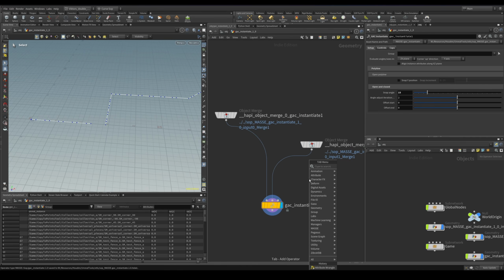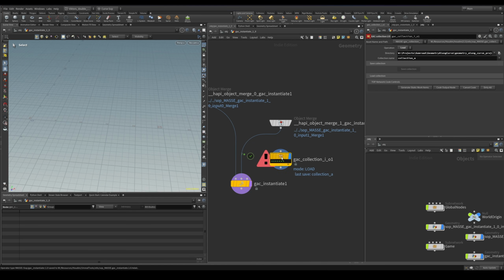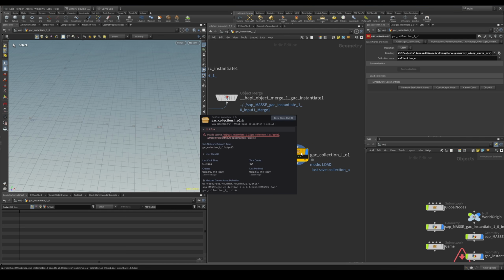So put down a collection IO node, and what you can do is point to the directory of the collection. Let me just copy it, and then the collection name should be like here. Let's load it up, and you can see it's going to show an error that this is not a valid collection because